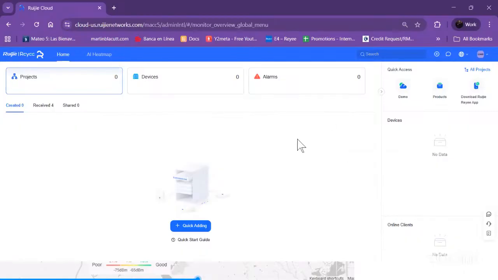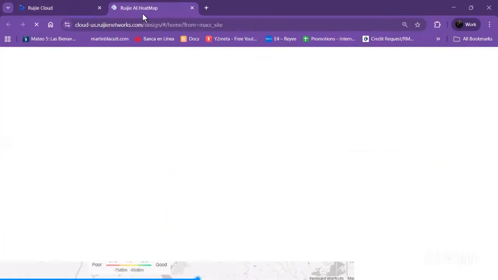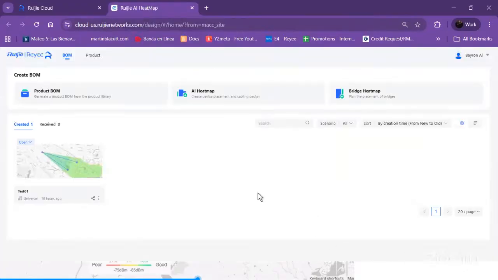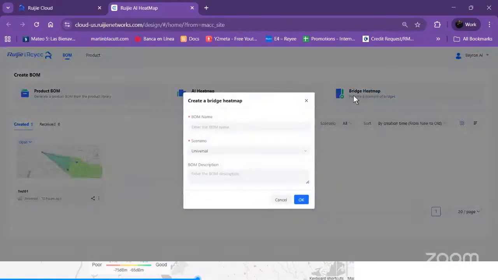Then in the upper left part of the screen, we can see the AI heat map. We just have to click on this option, AI heat map. And we have the AI heat map and also the bridge heat map. We are going to start with the bridge heat map. So if you're thinking of a wireless bridge project, this is your option. So click on this bridge heat map,